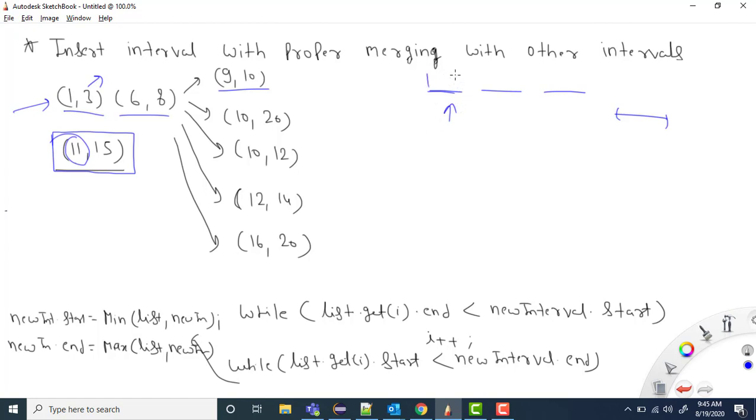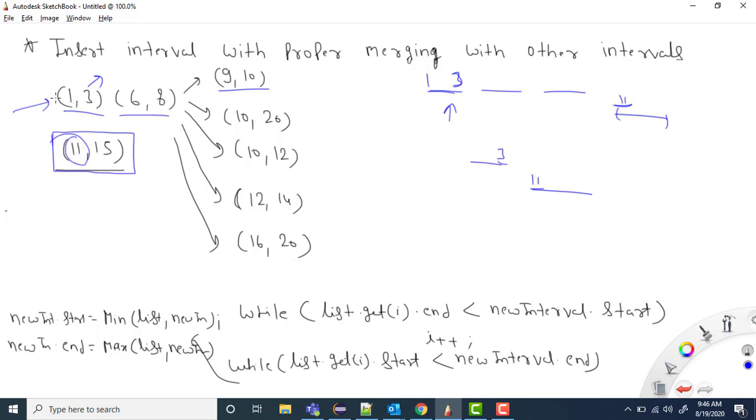Here we have 1 to 3, which is less than 11, the start of the new interval. So they will not overlap, and we can skip this one.